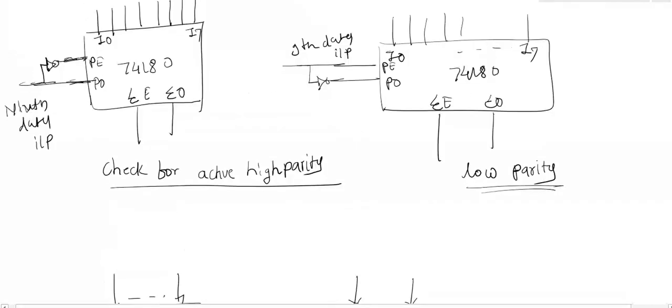Now here the enable inputs we have used as parity bits, the ninth data input. Okay, the ninth data input, that is an even parity bit or an odd parity bit. We have to send only one bit to the 74180, either even or odd. So when high parity needs to be given, at that time the even parity is connected to the NOT gate. When low parity needs to be given to the 74180, the odd parity is connected to the NEGATE operator, because they are used as enable signals.